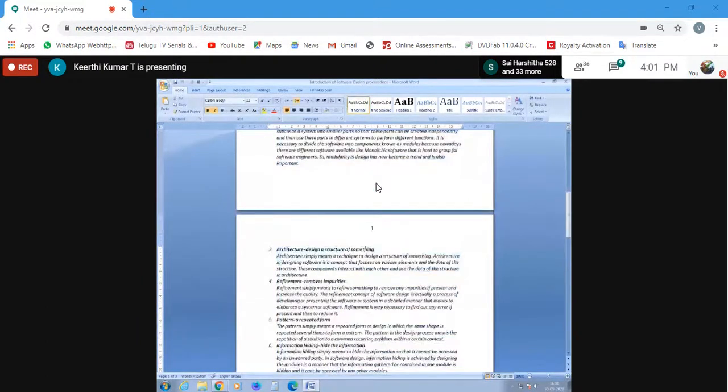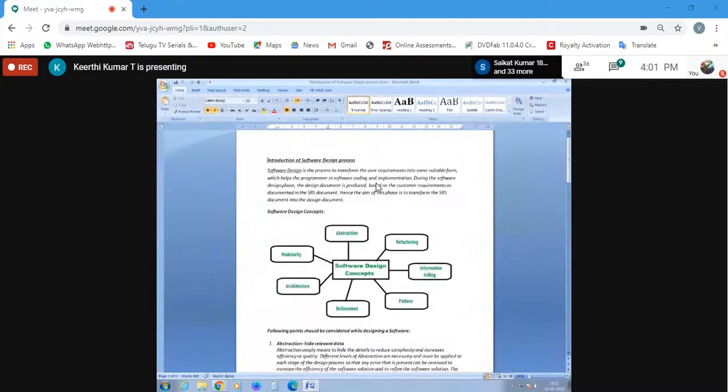But for now, copy the definition of software design as well as this diagram. Okay, guys, please start writing, and then let me know once you're done after this diagram.